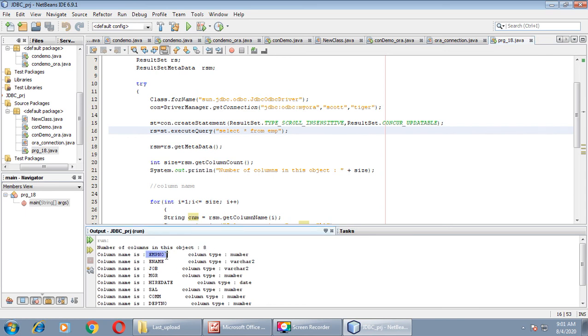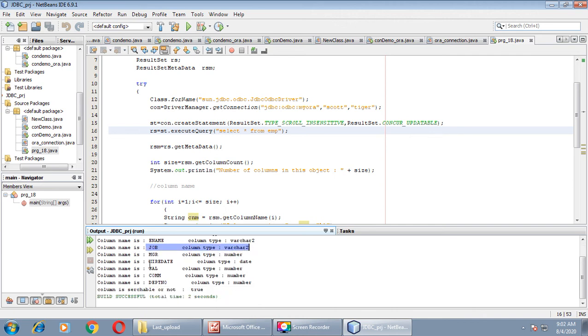The first column is employee number and the column data type is number. The second column name is ename and the data type is varchar2. The third column is job and the data type is varchar2. mgr, one more column, and the data type is number. Hire date, the data type of this column is date.